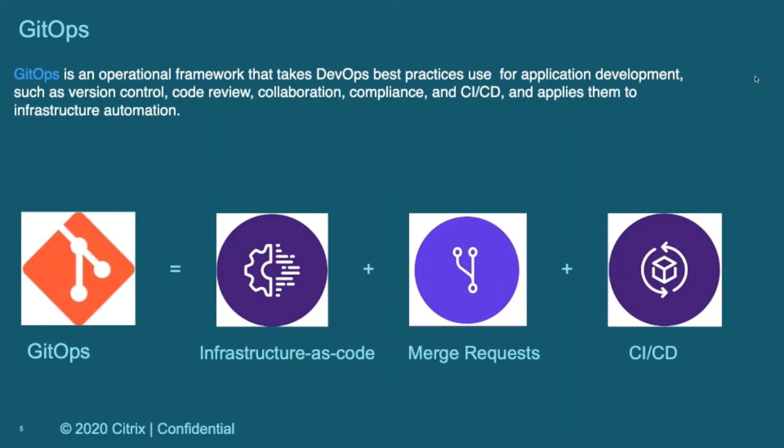So whoever is generating these artifacts, they check them in and generate a pull request, and people can review it. And once the review is approved, it could be merged to the deployment branch, and then a CI/CD pipeline can pick it up and go ahead and apply it. So this is the next level of infrastructure automation using Git.